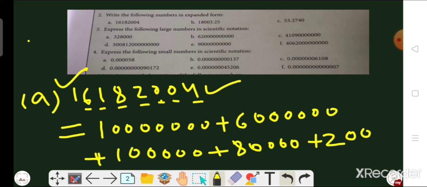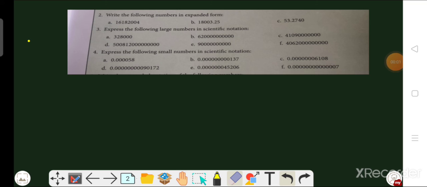Next digit is 0, so we need not write the 0 digit, because 0 multiplied by something is equal to 0. So directly we have to write the last one digit, and that is 4. After 4 there is no place, so we do not have to write any 0 after 4. So this is the expanded form of the given decimal number. Clear beta? So the remaining questions of this second question are the same as the first, beta. Try to do them by yourself. We will move on to the third question.